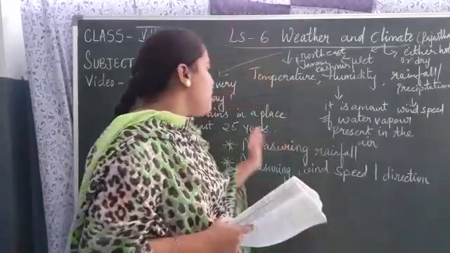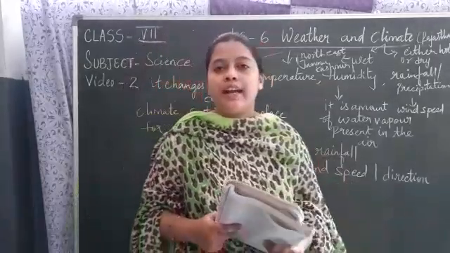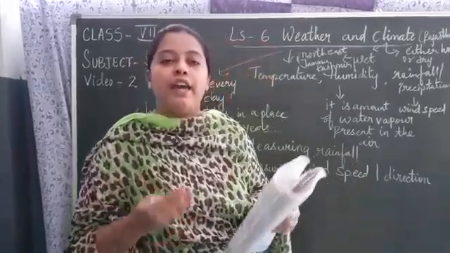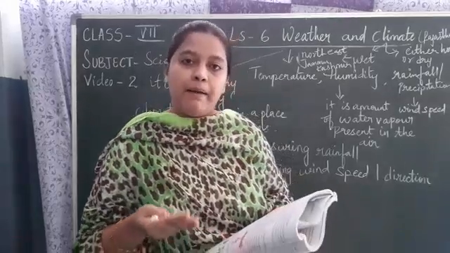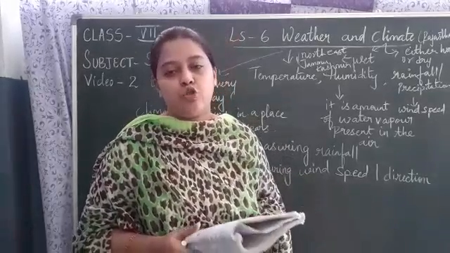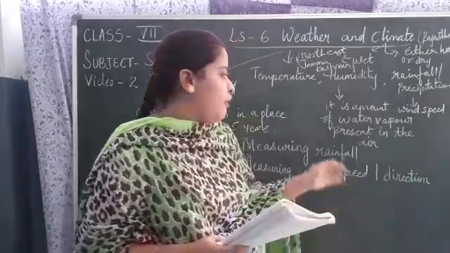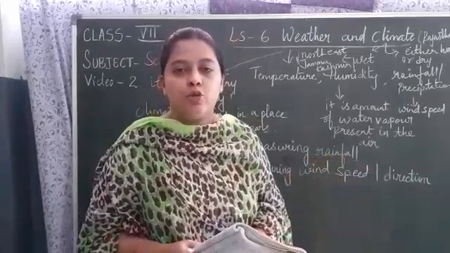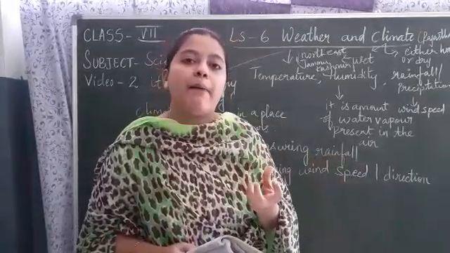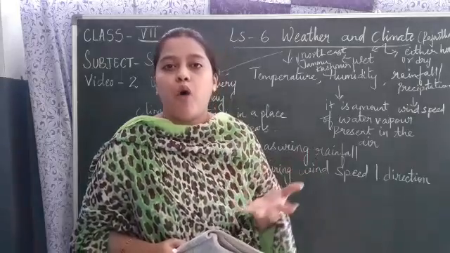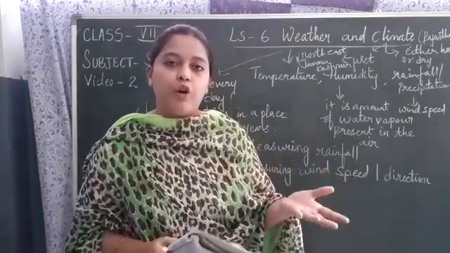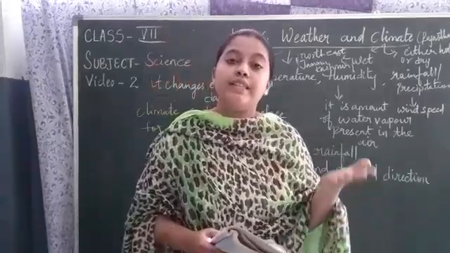Now coming to measuring rainfall. See children, for measuring the temperature we have used maximum and minimum thermometers, isn't it children? Those are the instruments we have used. But for measuring rainfall there are some other instruments. See children, usually farmers estimate rain. For what will they estimate rain? Obviously for growing the crops, for the agricultural fields they will estimate.